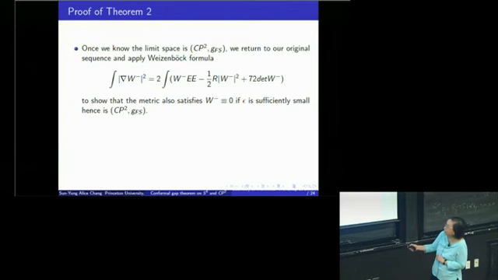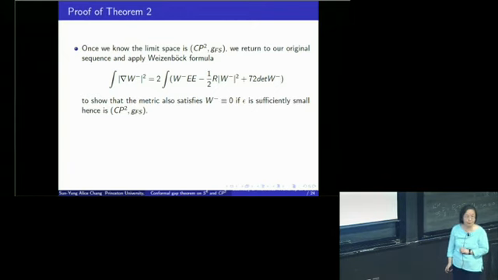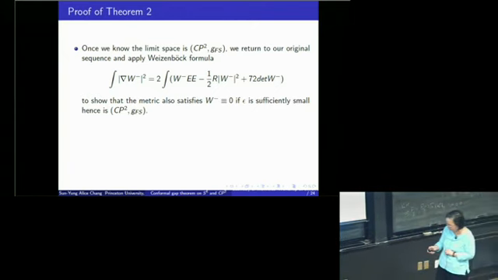Again, we look at the W minus squared, the Weitzenböck formula. Since W minus of the limiting metric is 0 and the convergence is smooth, W minus is pointwise small. Then somehow the L2 norm of the traceless Ricci is bounded by the L2 norm of W minus. So the whole thing squeezes W minus squared to be 0, and so it's again CP2. And that means, with the contradiction, the original manifold is already CP2.